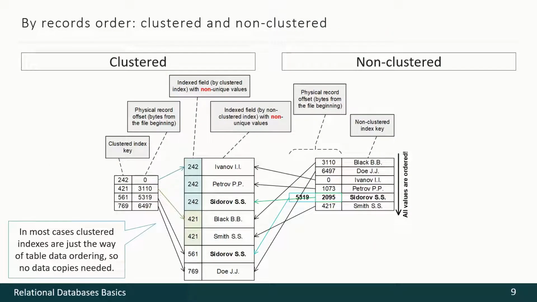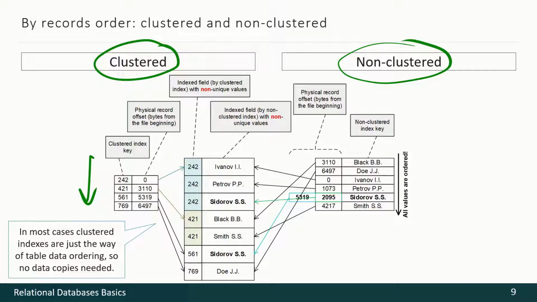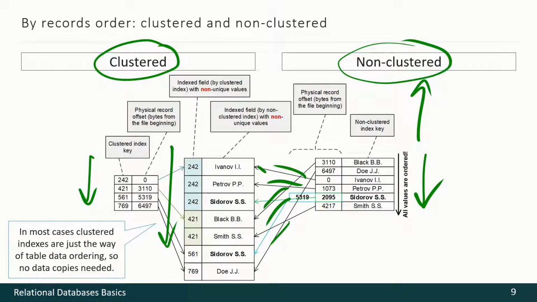The main difference between clustered and non-clustered index is that with a clustered index, the index order is the same as data order, and in a non-clustered index, the index order may be like this, and you may see that this is not the same as data order here.